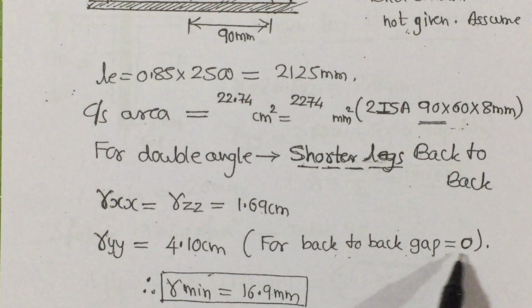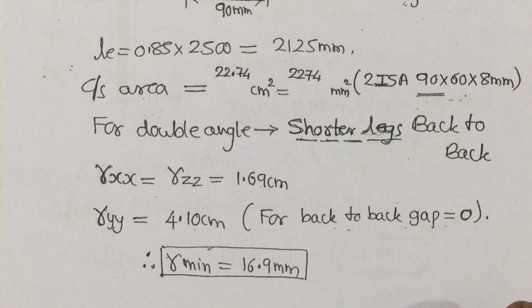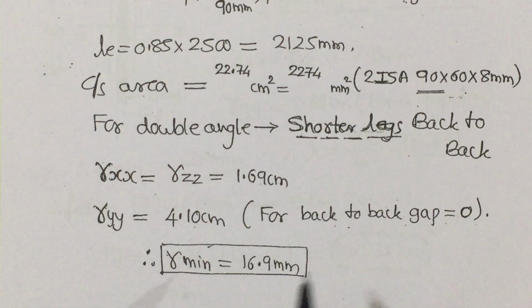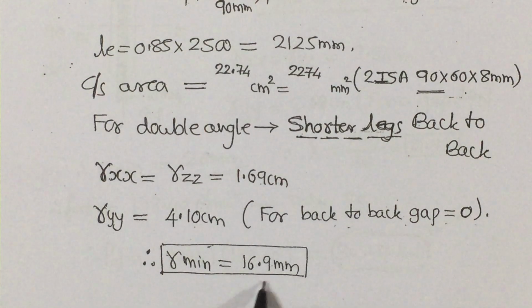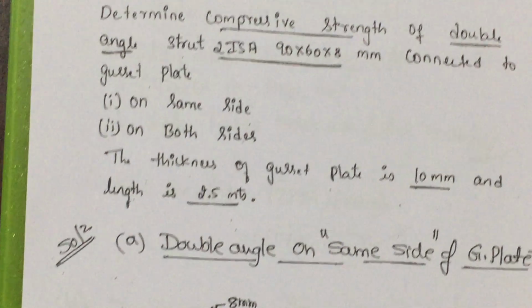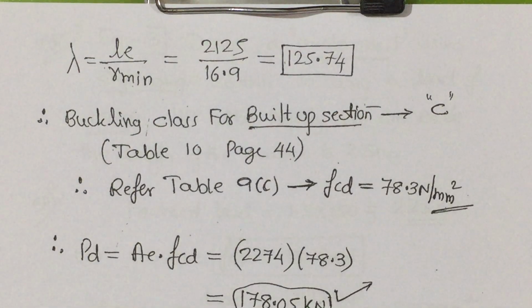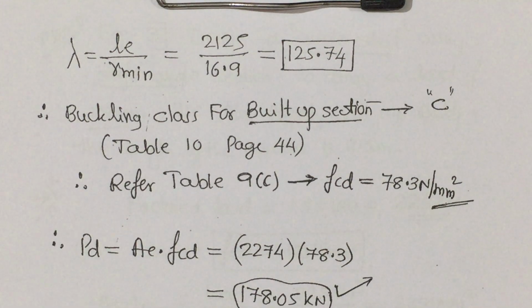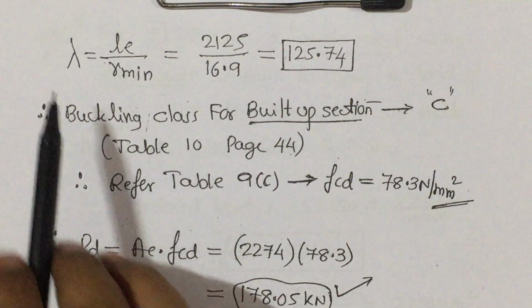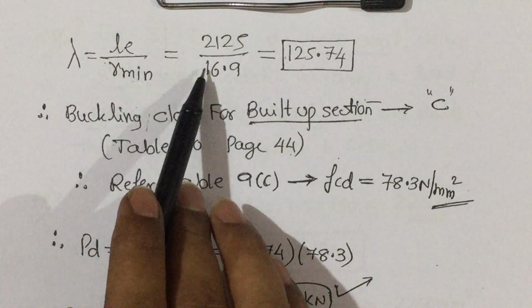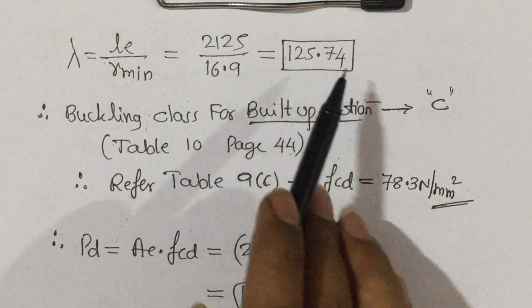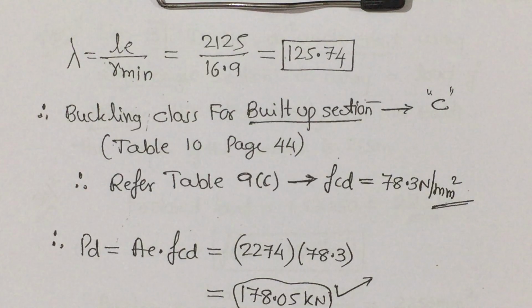For back to back, gap is equal to 0. Therefore, the minimum will be 1.69 centimeter, multiply it by 10, it will become millimeter, 16.9 millimeters. Then once you get the effective length and R minimum, lambda is equal to LE by R minimum, substitute, 125.74. Then for the built up sections,